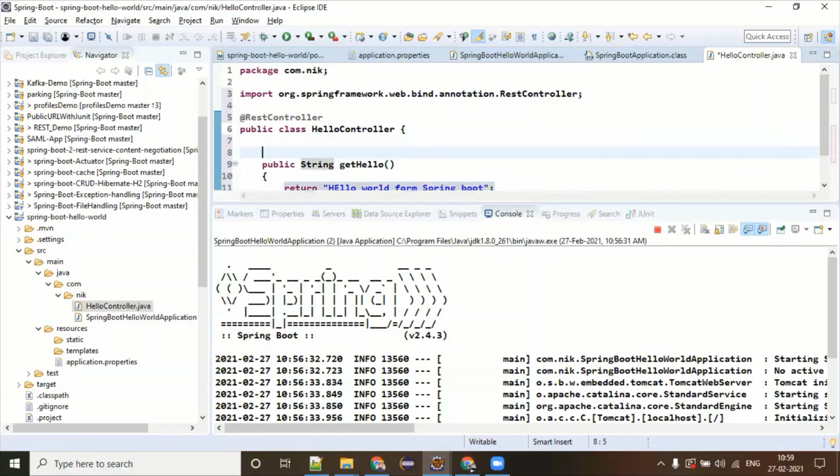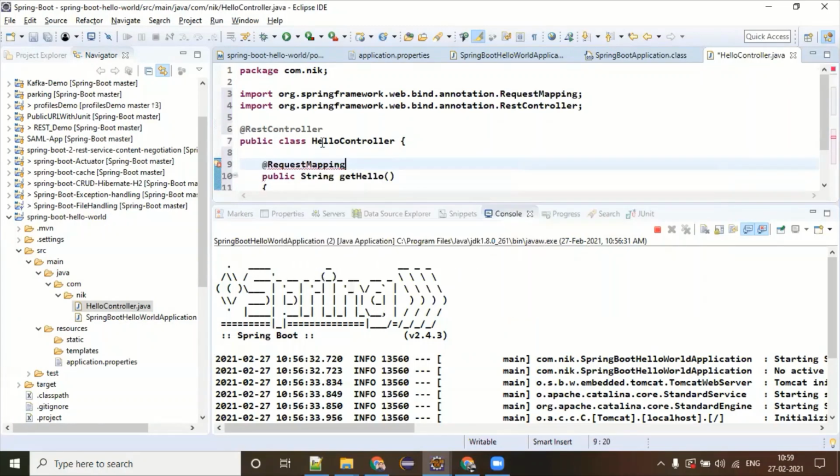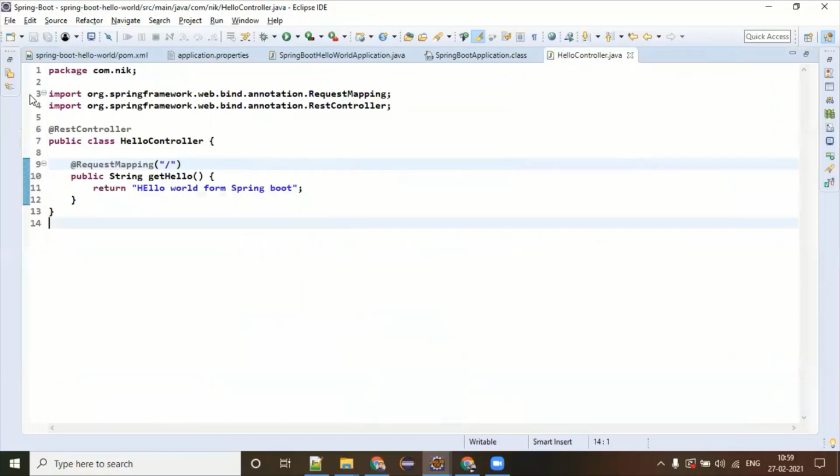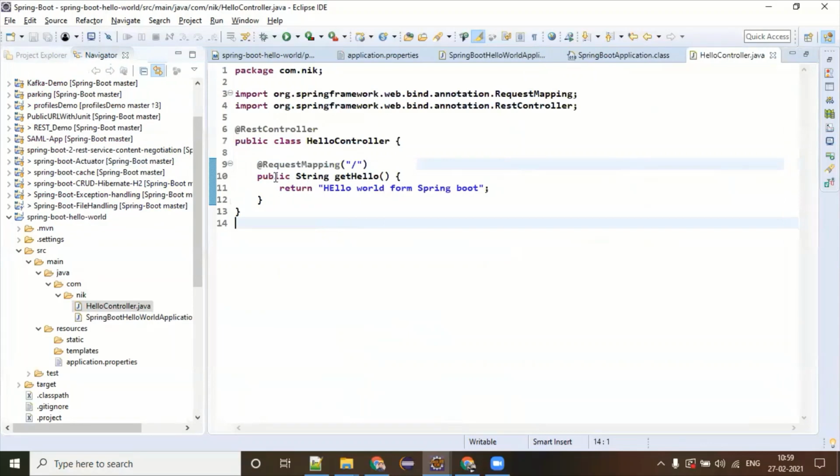You also have to map this with a request mapping annotation where you say what the URL is, and if somebody hits it, this method has to respond. So pretty simple. I have just one REST controller which holds a method called getHello, and this is going to be entertained on the start of your application itself.